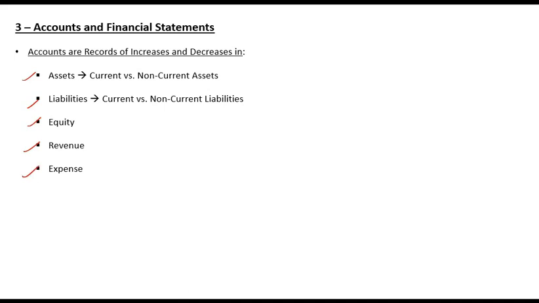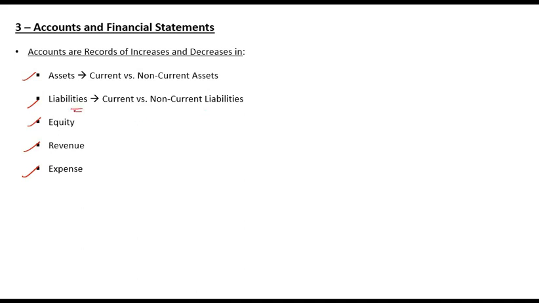Assets are economic resources through which benefits flow to the organization or benefits flow to a business. So any economic resource that is a source of future benefit to an organization is known as an asset. Any expense or any cash spent which is not a source of future benefit is not called an asset, that would be an expense. So the key difference between asset and expense is that an asset is a source of future benefit. It is an economic resource through which benefits will flow to the company, and an expense is something which has been done and has no benefits for the future.